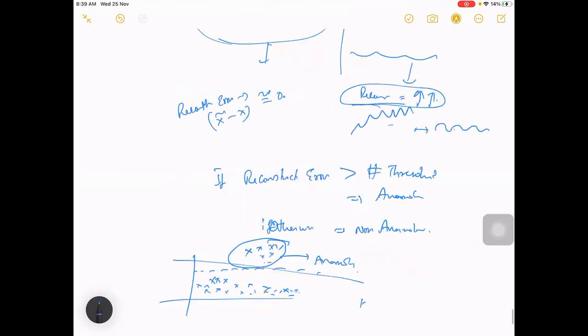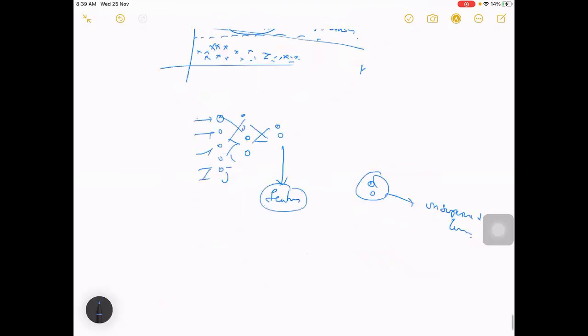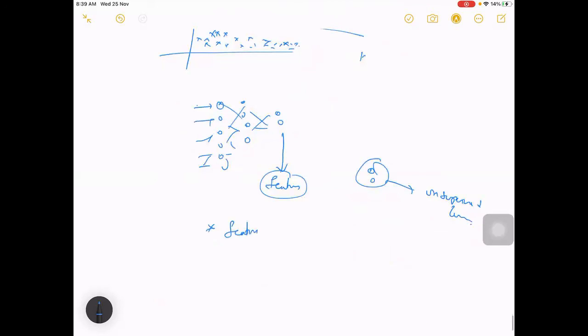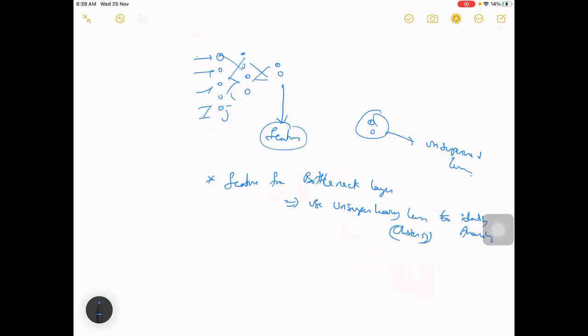So instead of taking reconstruction error, you can also take features from the bottleneck layer and use an unsupervised learning or clustering algorithm to identify anomaly.